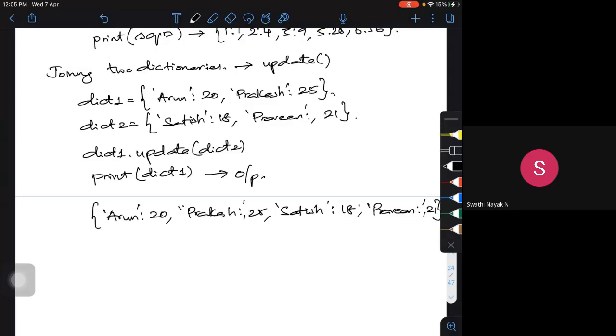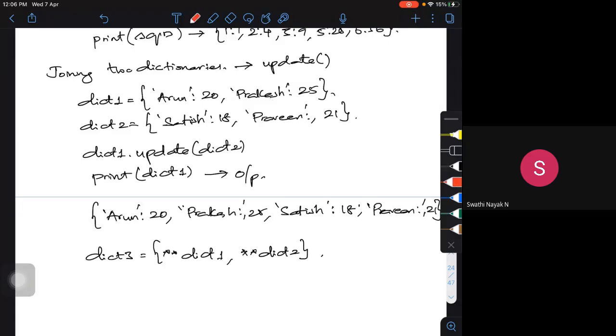If I want to create dict3, let me call it dict3 is equal to double star dict1, comma, double star dict2. What am I trying to do here?